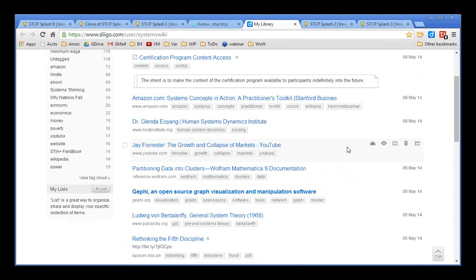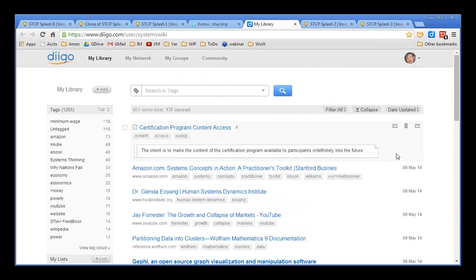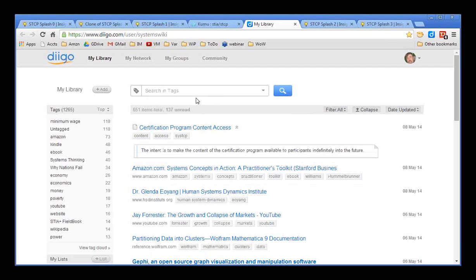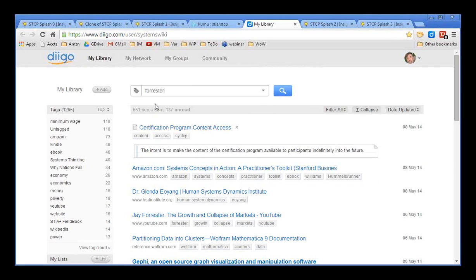Somebody mentioned the other day in a thread about Human System Dynamics Institute and Glenda, I don't know how to pronounce her last name. The stuff that goes by that's meaningful, I capture it, because it's easier to go back and look for it in here. It's got a title and a URL and a whole bunch of tags that I assign to it, so that I can search by. In other words, if I'm looking for Forrester,